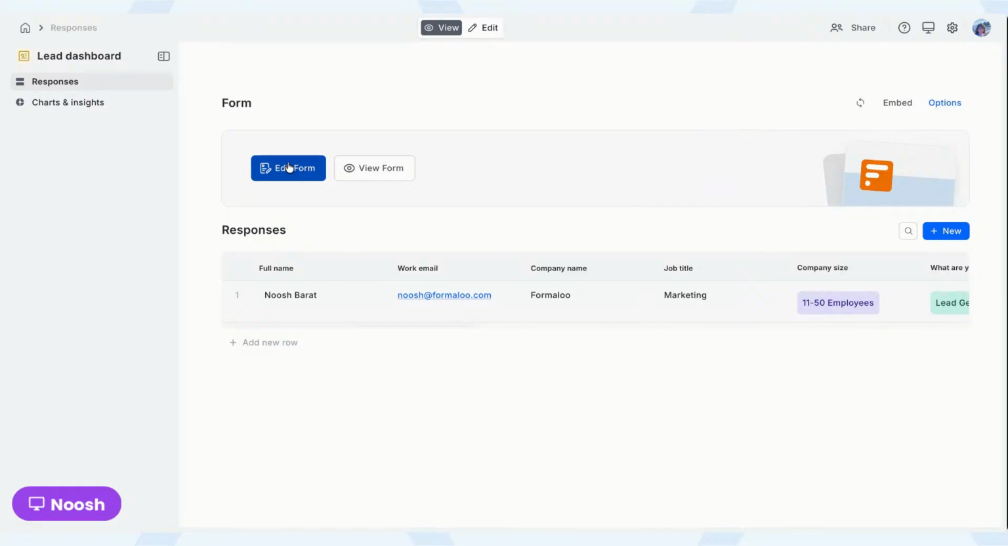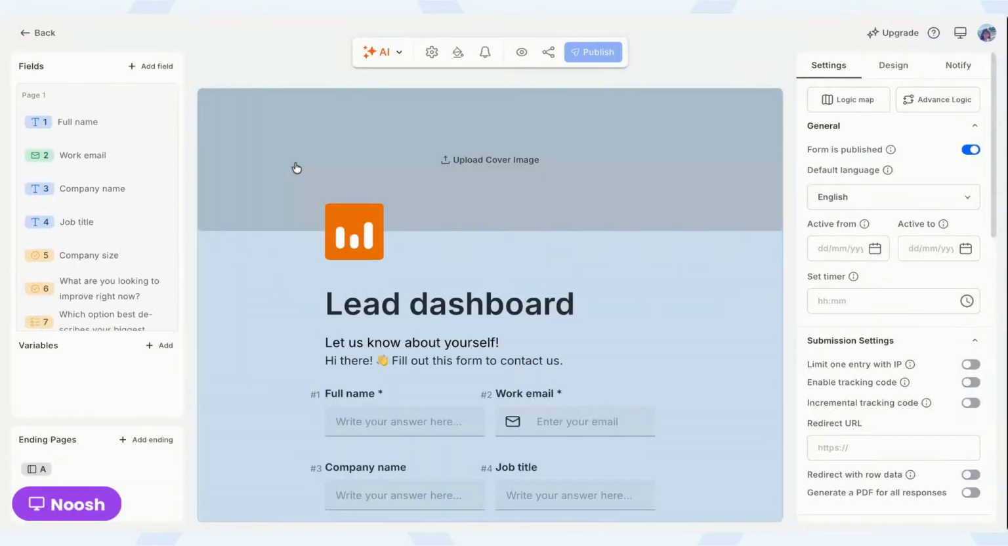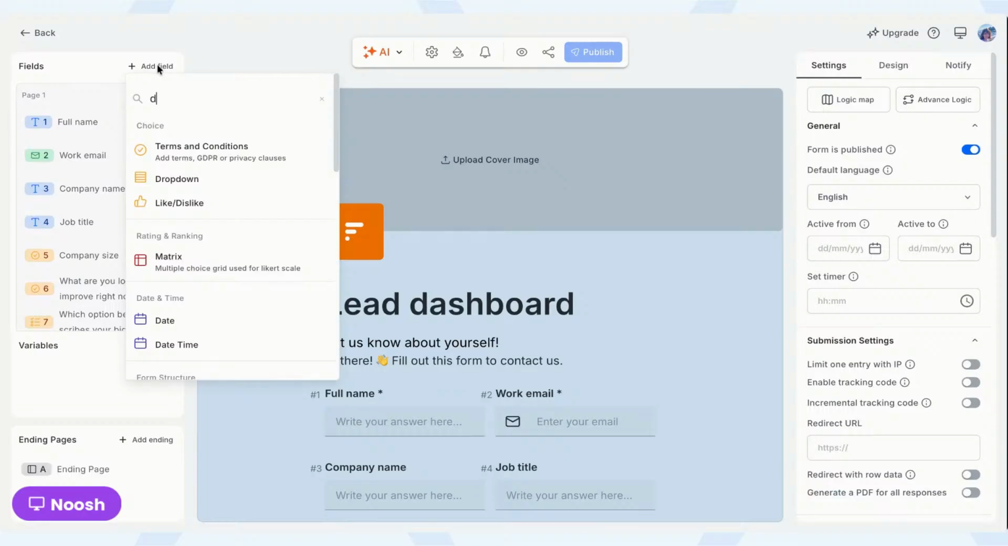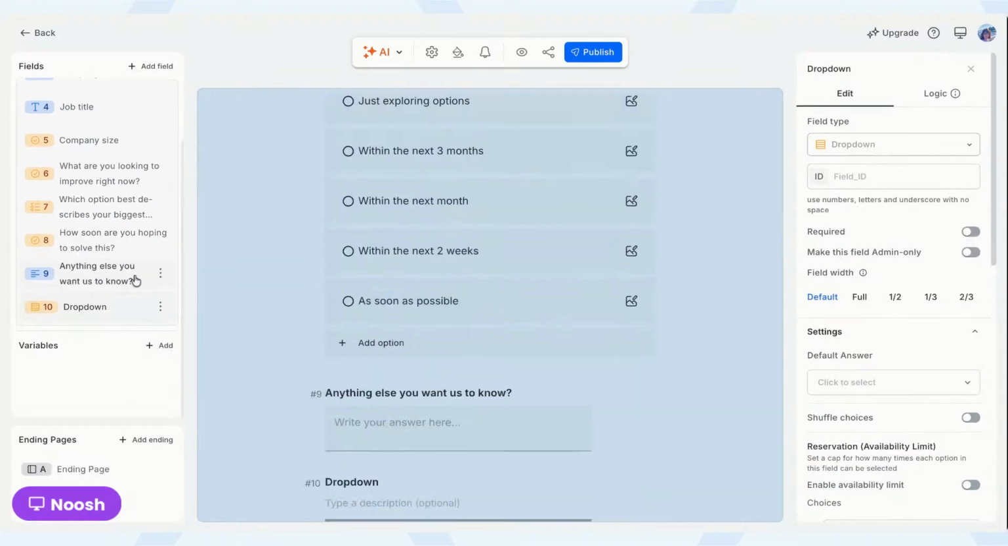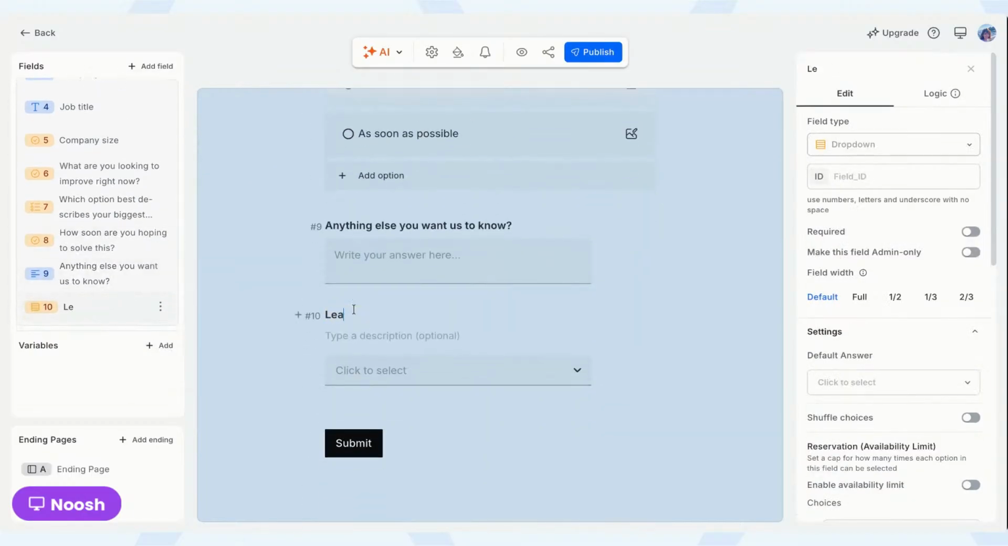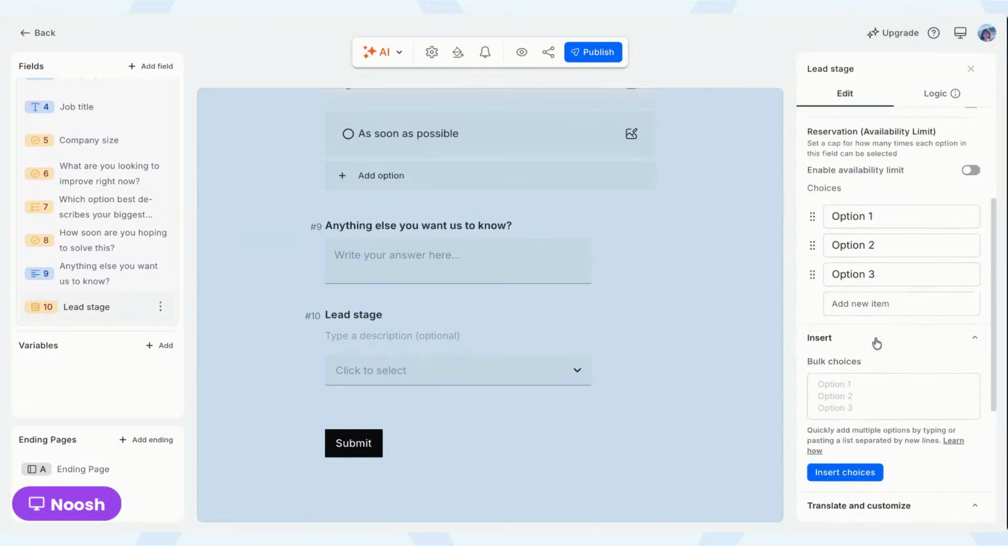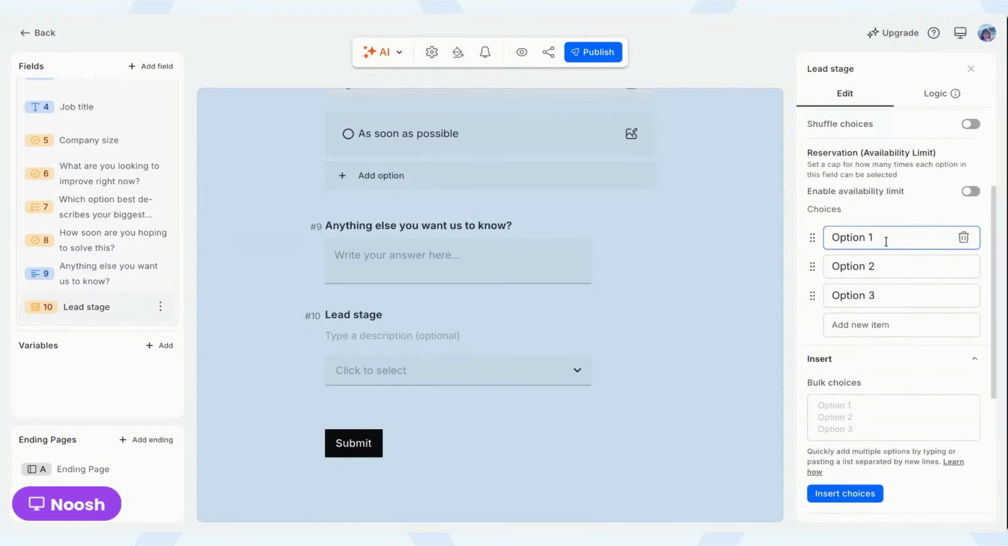Now let's say I want to set a status on each lead to make sure that I can track their stage and create a CRM basically. So let's edit the form. I will add a drop down field here for the status, let's call it lead stage or status or things like that. And for the options, you can go to the sidebar and